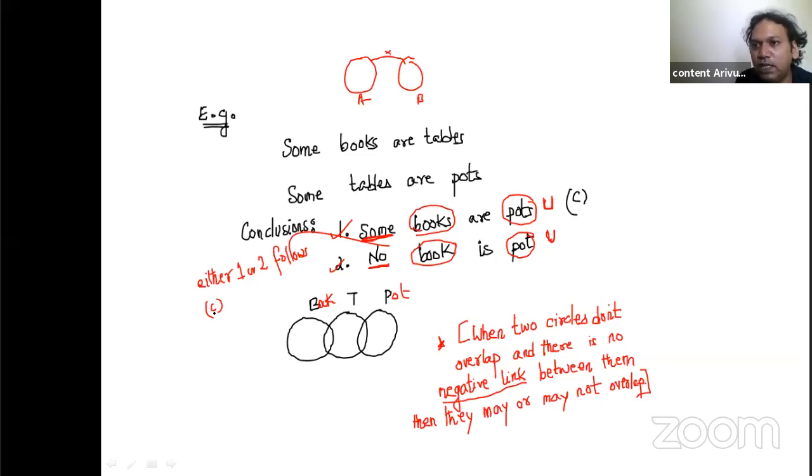If there are two uncertain statements, but we don't have a some and no combination, then we don't need to worry about that. We can leave it out. Some and no combined cover all possibilities: may overlap, may not overlap. If they may overlap, then some books will be pots. If they may not overlap, then no books will be pots. So that's how we get this some-no combination, which makes the answer either or.